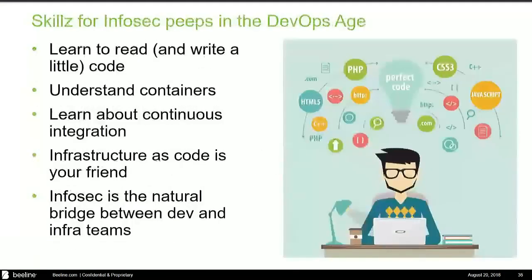So some people ask us, what kind of skills would we recommend for people in InfoSec who want to go after some of the same projects like this? Thanks a lot to Brandon and a lot of his team who helped point us in the right direction to learn this. Some things we've learned for sure is you need to be able to read and probably write a little code, right? This is the new language you've got to speak, because this is the product you're actually putting out. You have to know how to defend. You've got to be able to do a little bit of that,